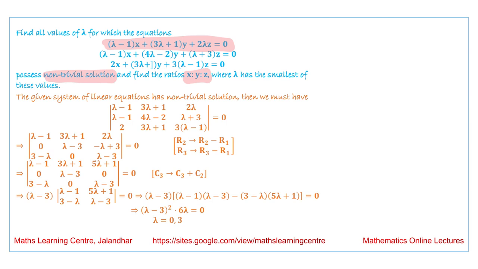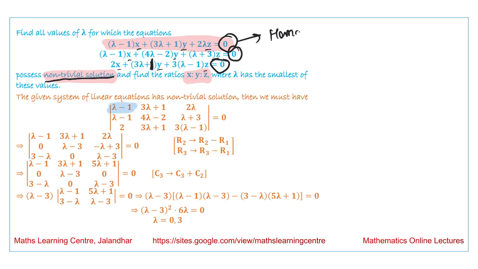So the first thing we note over here is that the terms with x, y, z are there, and the constant terms in all these three cases are equal to 0. So this system of equations is a homogeneous system, and we know that it will have a non-trivial solution if the determinant of the coefficient matrix